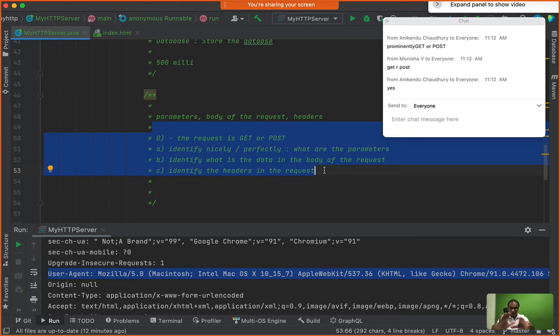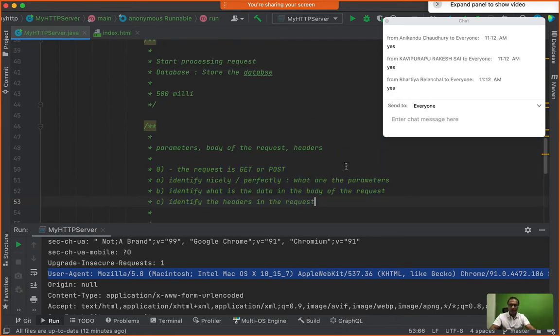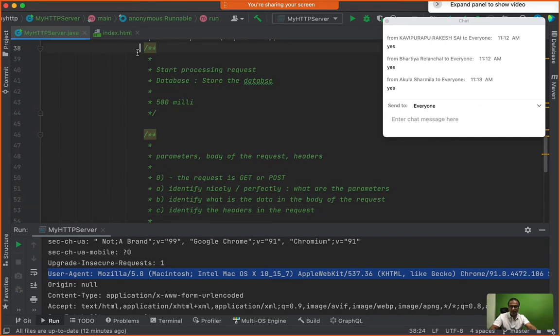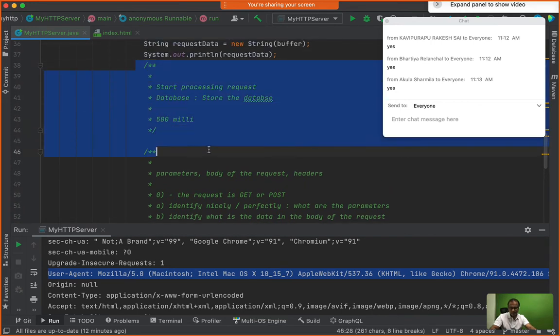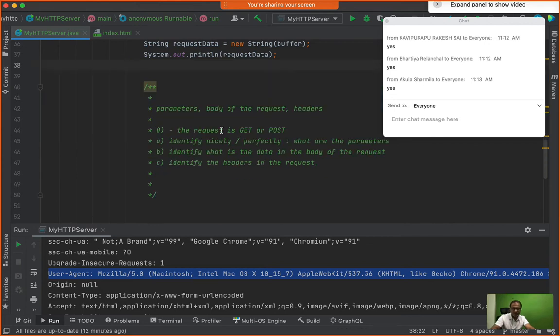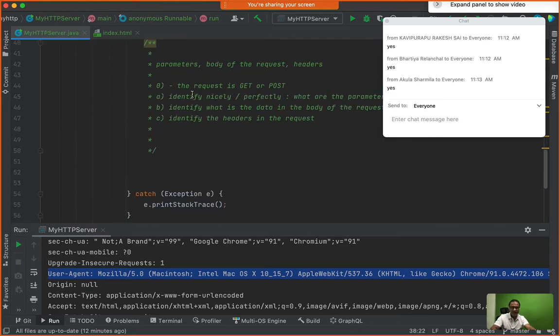तो इसके लिए मुझे कोड लिखना पड़ेगा कि नहीं? I will have to write this code. Yes. Okay, then is that all? Because I will do that processing only after this now. So I will move this comment line from here. Friends, I'm going to comment. The first thing I'm going to do is this. First of all, understand whether the request is a get or a post, then get the parameters, because